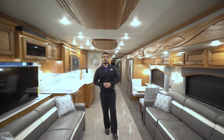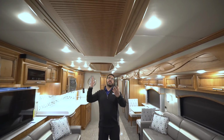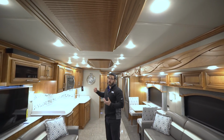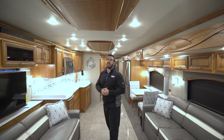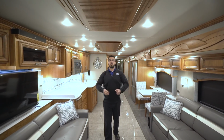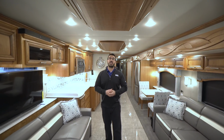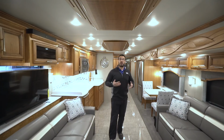If you look up at the ceiling, you'll see you have ceiling treatments up here as well. And behind these is actually where your ACs are located. So I think this is a very neat idea too. Rather than having your vents all over the place, they're all centrally located. In an open space like this, it does a great job of cooling it down, and it looks much classier,